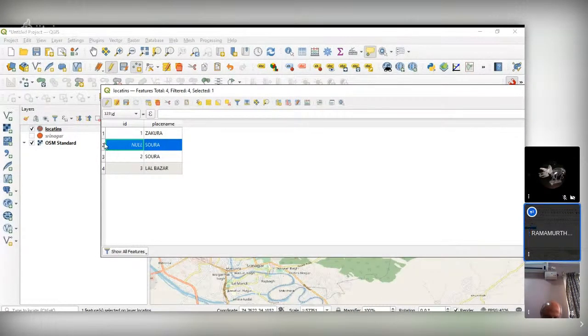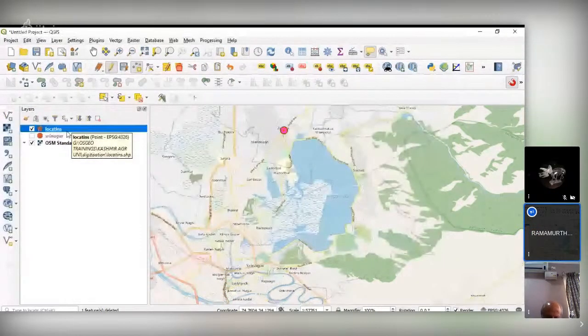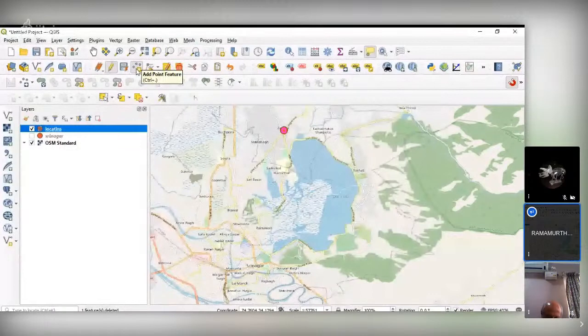Then after that, stop editing. You save it and stop editing.